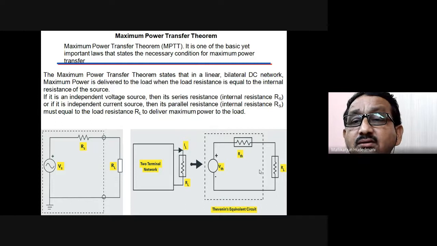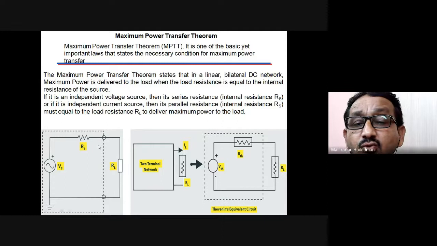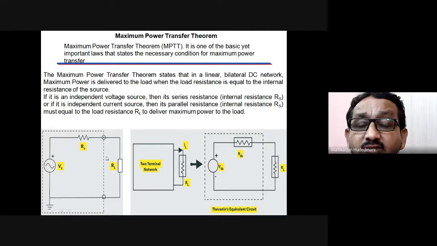For this requirement, let us consider the description of a circuit. Of course, I have drawn an AC representation. It should be a DC for our understanding over here. Let us consider a source with a resistance and a load over here. When the maximum power transfer takes place from the source to the load is the question, or what is the value of RL which makes the maximum power absorption from the source happen here.